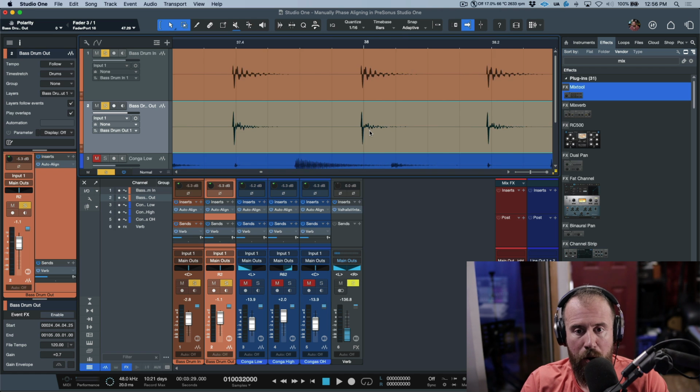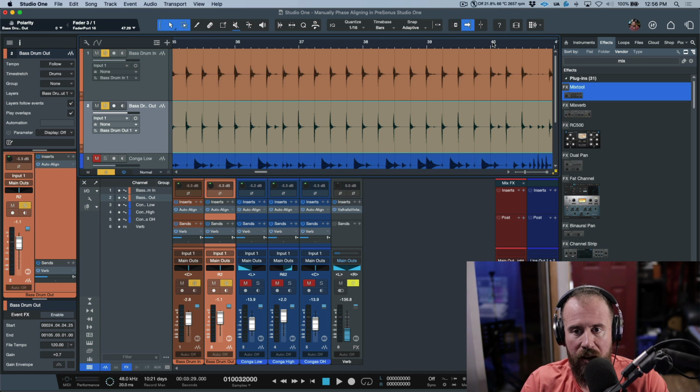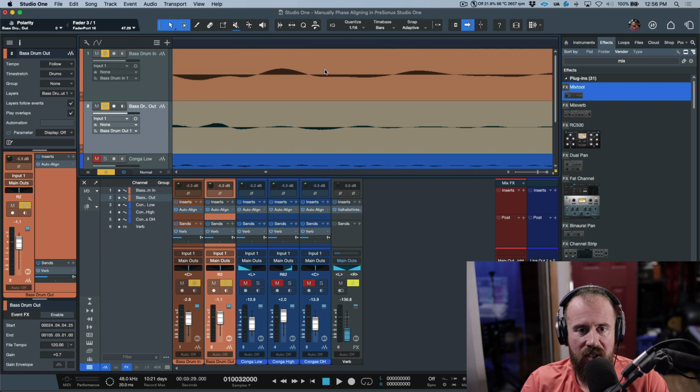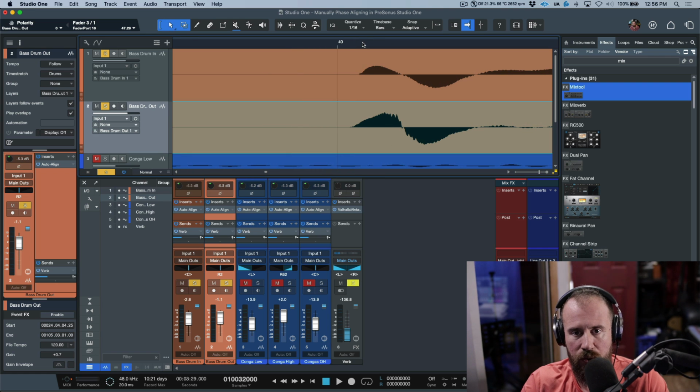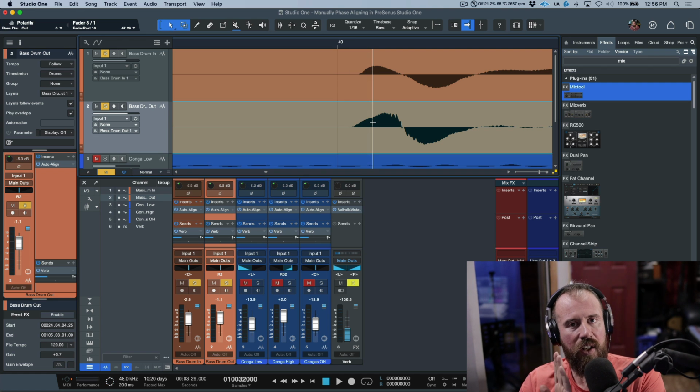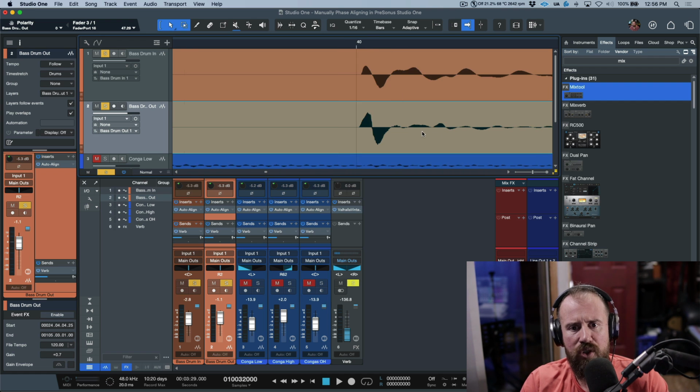Once we get it to work for both of them, and once we can see that the waveforms are actually aligned, then I would say we're on a really, really good path to optimizing the phase between these two channels that were recorded. Now this one, like I said, the zero crossing point over here, take a look at where it is. The zero crossing point over here is a little bit earlier. But what I'm concerned about is getting a good average between these two waveforms, because of the front end transient part